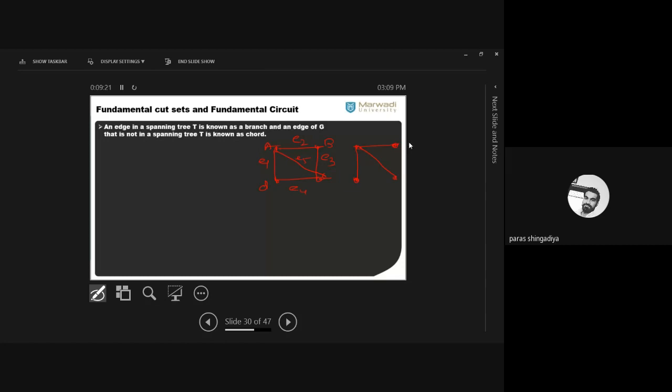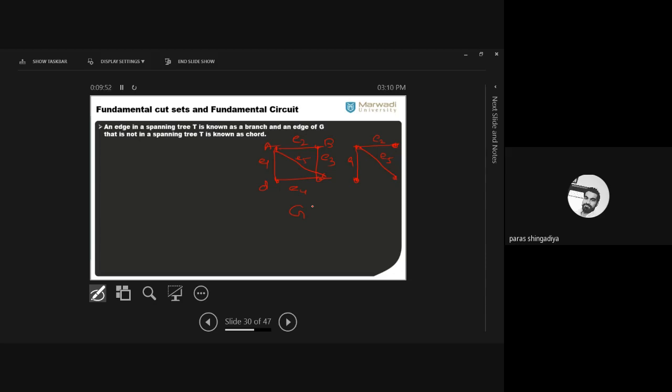This is my spanning tree. I delete the 2 edges. Now this graph is a tree: all vertices are connected and it has no cycle. So it consists of edge E1, then E5, and then E2. We have the main graph G, which is a connected graph with 5 edges, and I made one spanning tree of this graph. I consider 3 edges in the spanning tree: E1, E5 and E2.